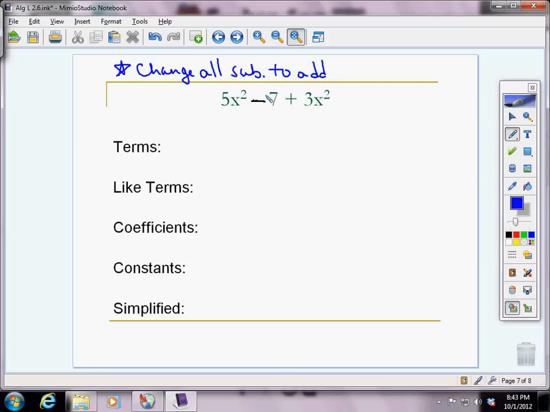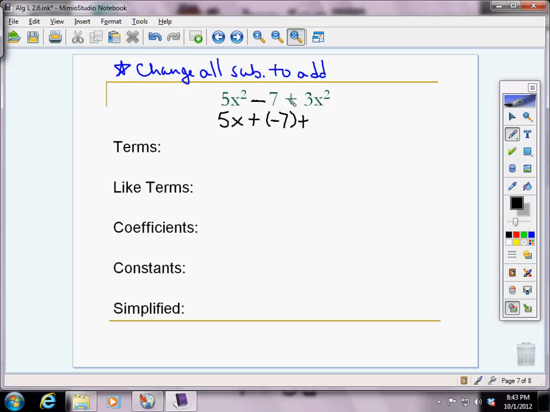Otherwise you could go through a whole problem and do everything right, but if you don't change subtraction to addition, you're going to get the wrong answer. Fortunately, changing subtraction to addition isn't hard to do. Keep, change, change. Or subtracting is the same thing as adding the opposite. If we keep this 5x squared, change the minus to a plus, change 7 to negative 7,